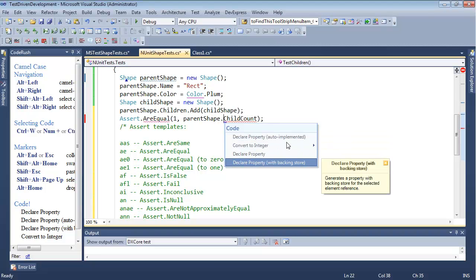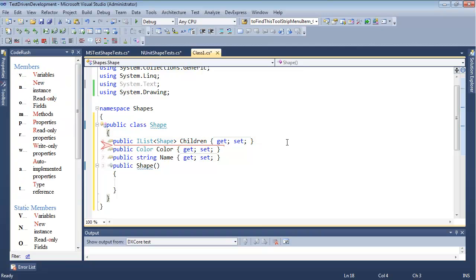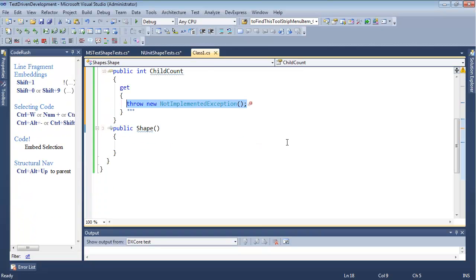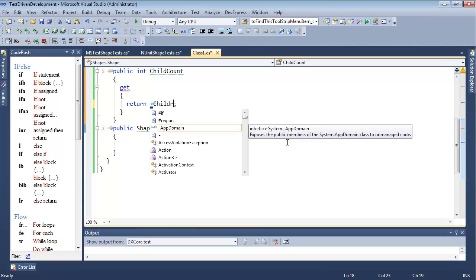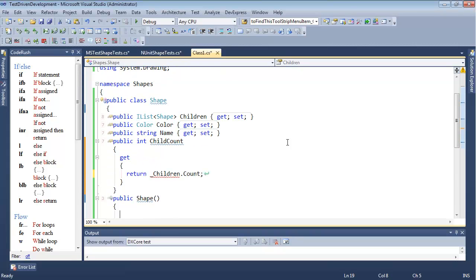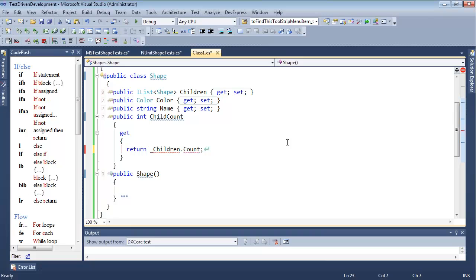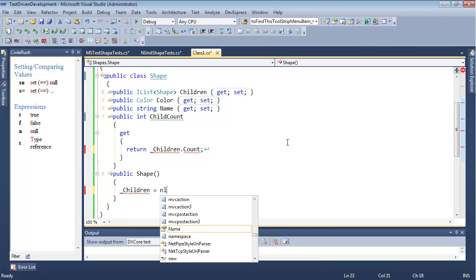And I won't choose with backing store or auto implemented because I want to actually calculate it. So I'll choose declare property, select where I want to put it, and then here I'm going to return children.count, something along those lines. I'm going to copy this to the clipboard. Let's go into here. Let's say this is equal to, just paste that in, that's equal to a new list